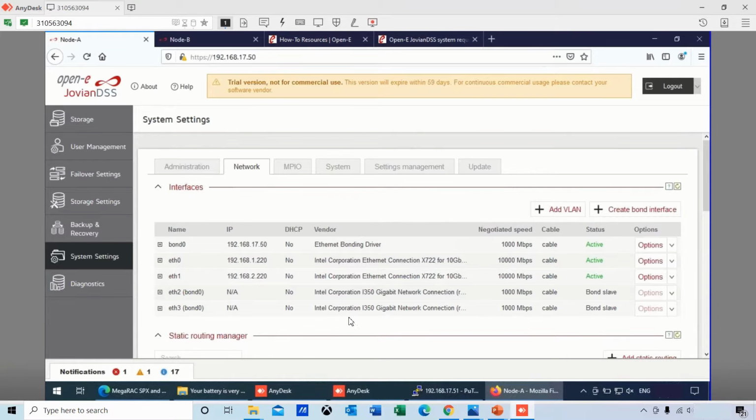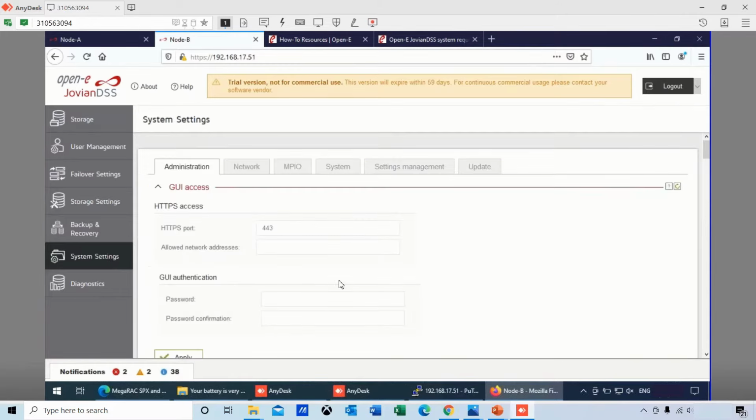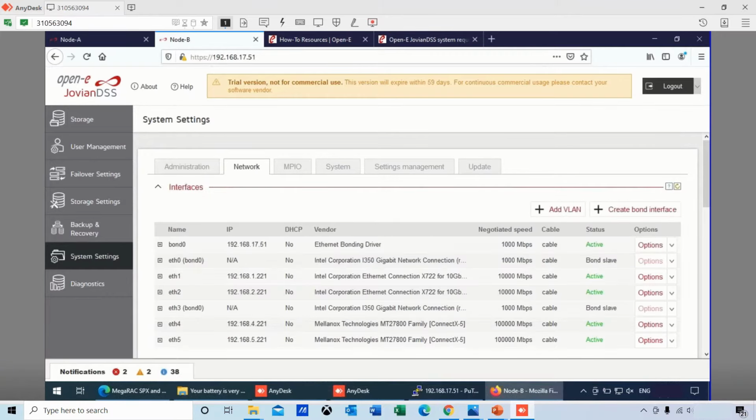Got it. Okay. So in Node B, though, let me go there right now, system settings, we show the other 2, which have the 100 GbE that we're going to show in a second. So if everybody looks at E4 and 5, those are the Mellanox, the 100 GbE add-ons. That's what this box is showing, that we can add for 100 GbE purposes.